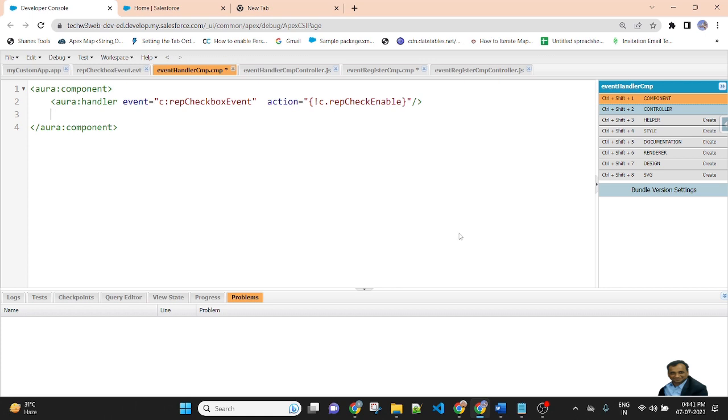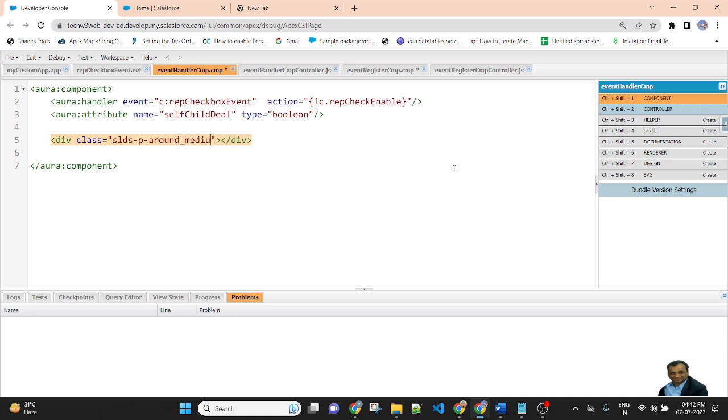Now I am creating an attribute that is a checkbox, boolean type. Then create a div with class SLDS p-around medium. Here I will create a lightning checkbox.